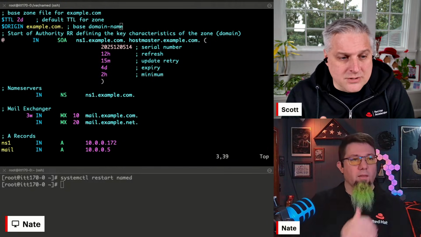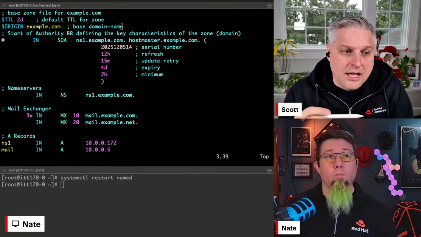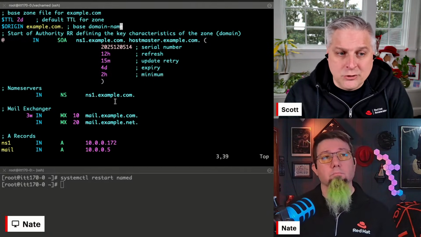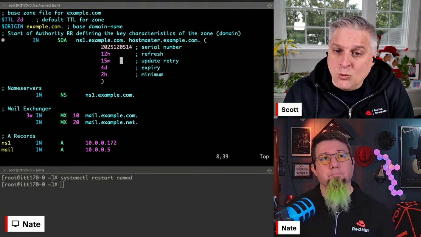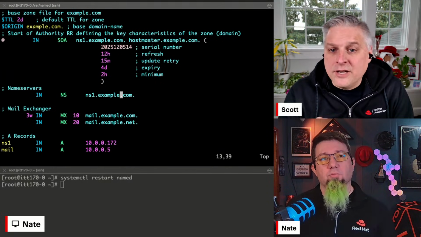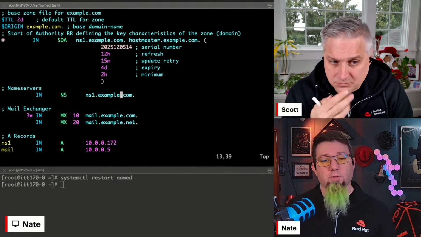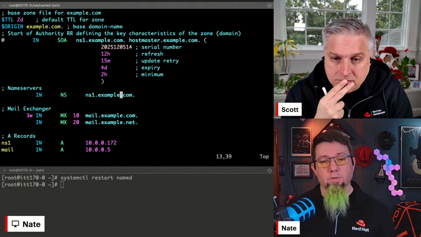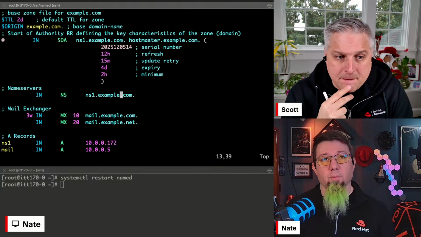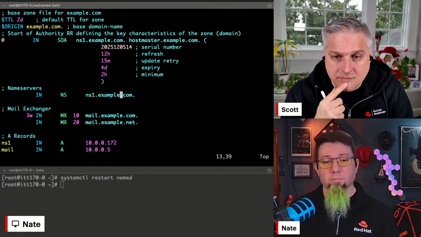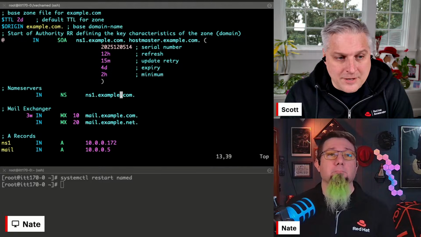Also, in Nate's example, you see a name server. Every zone needs to have at least one NS name server record, but you can't have more than one. So these would be all the name servers that serve records for your zone. You generally should have two, and most registrars will require you to declare two when you register a domain name, which is why I had to beg a friend back in the early 2000s to do secondary for me.